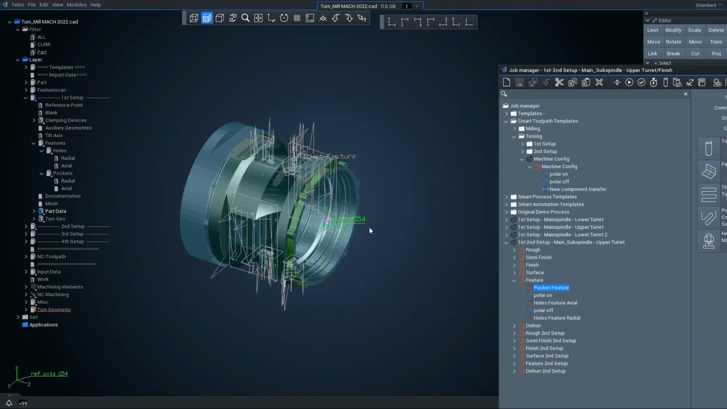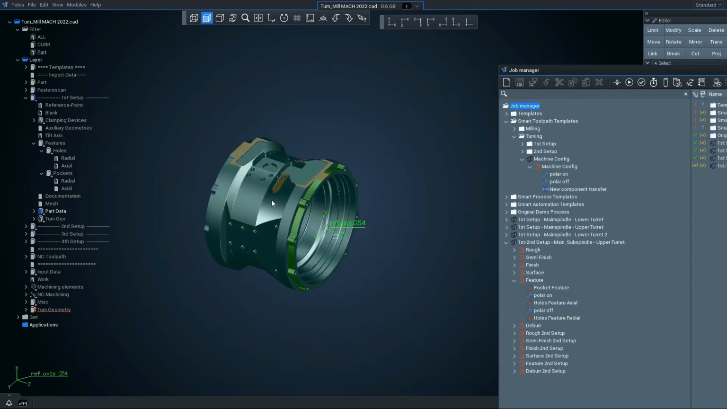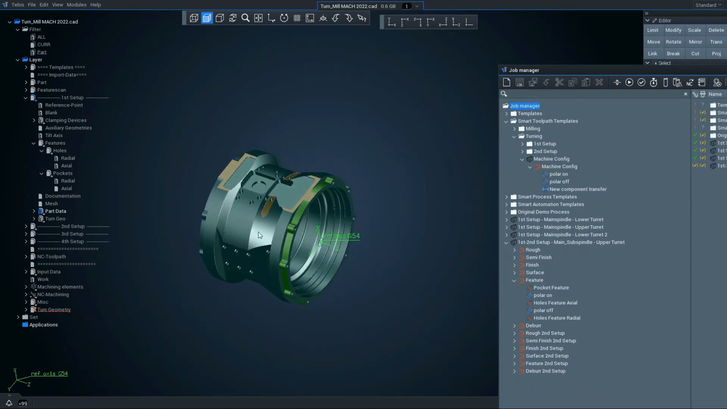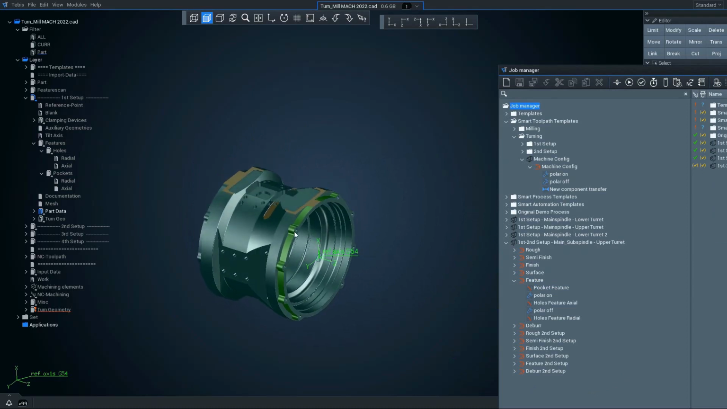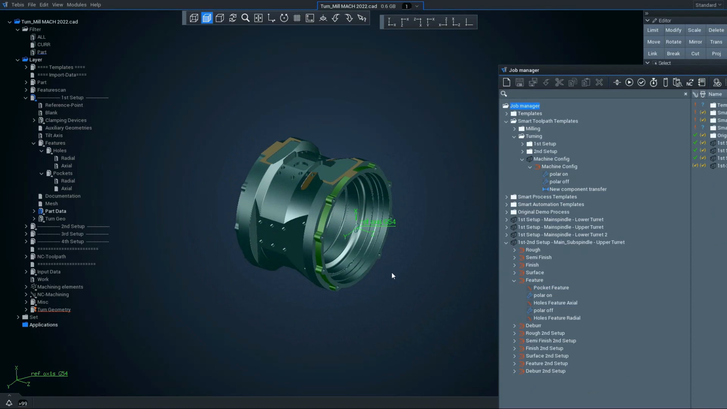What that means is the pockets all the way around the outside of this component, and all of the holes around the outside of the component, and all of the holes in the front face of the component are all taken care of in 3 operations. This is regardless of the size, the variation in size, the depth, or the orientation of any of these features. So what we can see